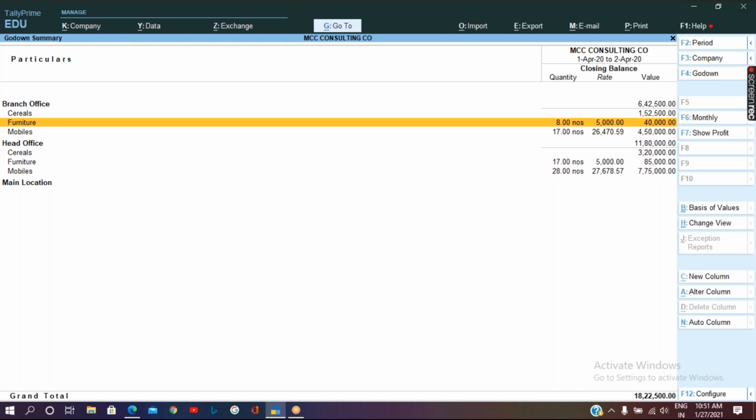Transfer from head office. Very good. Okay. So when we have enough stock at the other end, we can make use of that in this situation. So what is the transaction I should pass for transferring the goods from one location to another location, or from one godown to another godown? So do you have an idea?